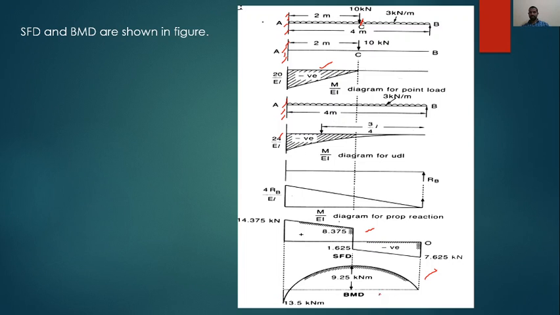Yes, as the point of contraflexure is not required, we haven't calculated it, but we can also calculate it following the same previous procedure. We need to consider a section anywhere at this point, at x distance from the free end, and then write the general equation for moment and make it equal to 0. We can find the x value, and thereby we'll get the point of contraflexure.